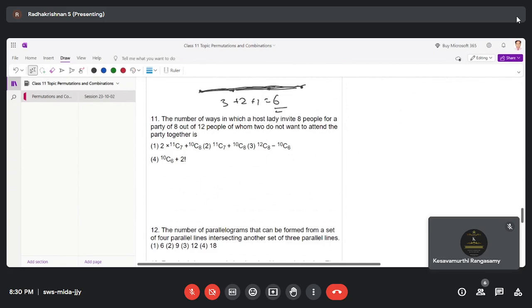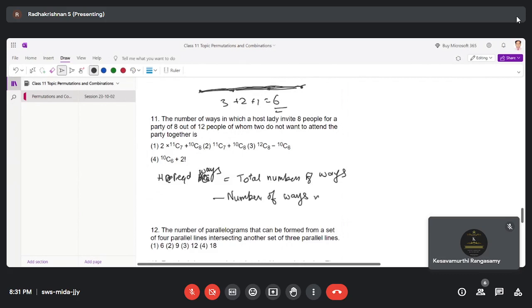See, we do this similar to some other problem that we did in a complementary approach. Okay. So the number of ways in which you can invite 8 people, of whom two do not want to attend the party together. I don't want to write the whole thing. I'm just putting required ways equal to total number of ways minus the number of ways in which the 2 specified people, who don't want to attend the party together,